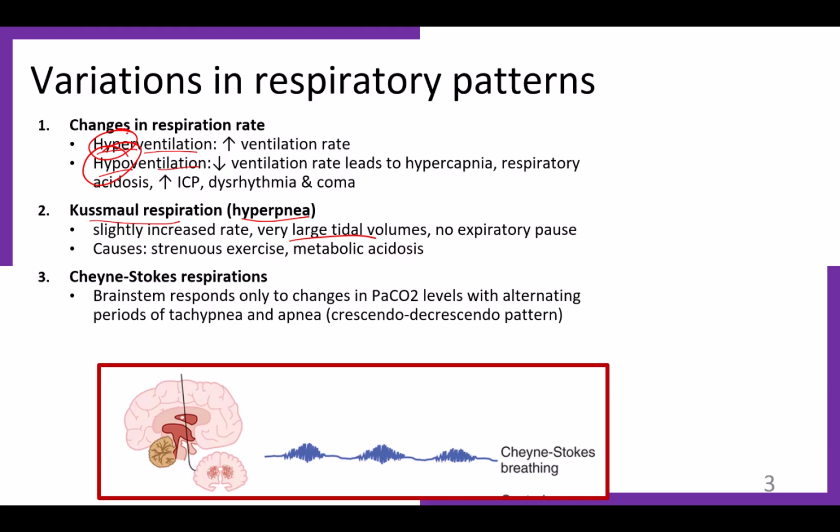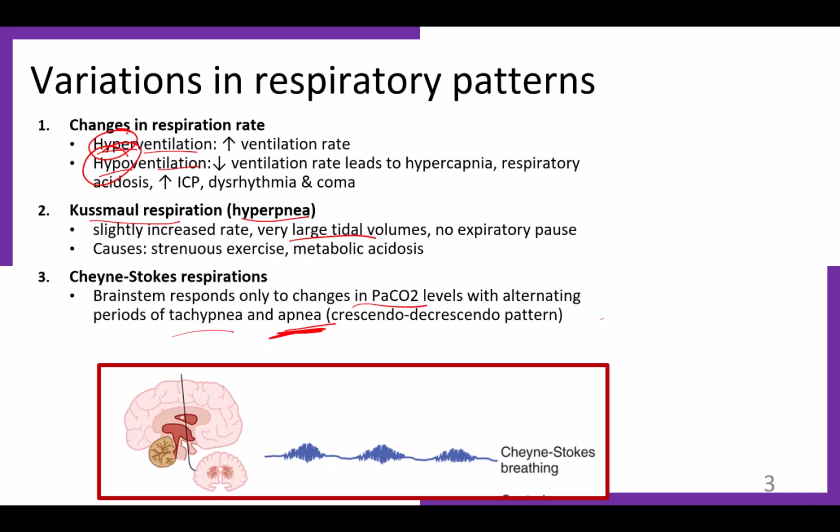The third respiration pattern is Cheyne-Stokes respiration. So in this, what happens is the brainstem, the one that controls your respiration rate, only responds to changes in the partial pressure of CO2. So basically, there's alternating patterns of tachypnea, rapid breathing, and apnea, absence in breathing. So what happens is during the apneic stage, when there's no exchange of air in and out